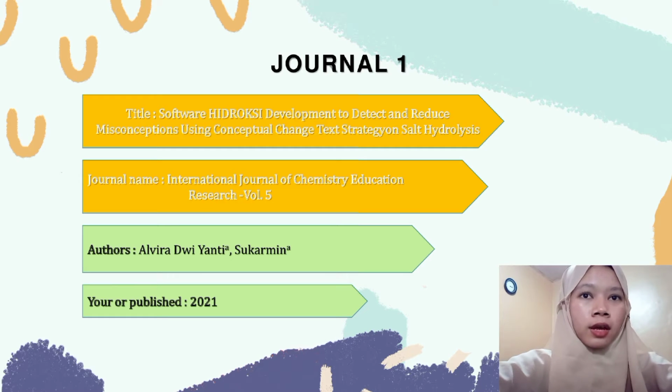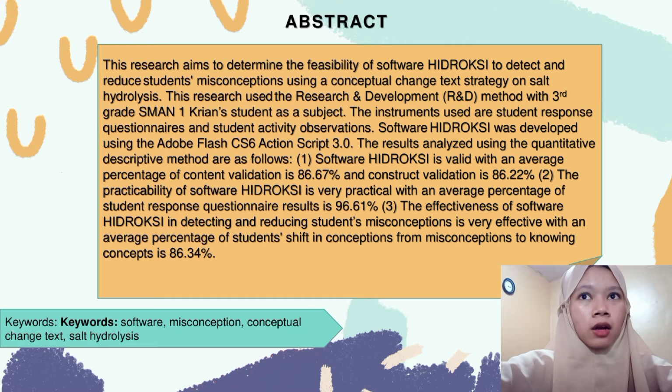Journal number 1. Title: Software Hydroxy Development to Detect and Reduce Misconception Using Conceptual Change Text Strategy on Salt Hydrolysis. Journal name: International Journal of Chemistry Education Research Vol 5. Authors: Alvira Dewianti and Sukarmin. Year published: 2021. Abstract: This research aimed to determine the feasibility of software hydroxy to detect and reduce student misconception using a